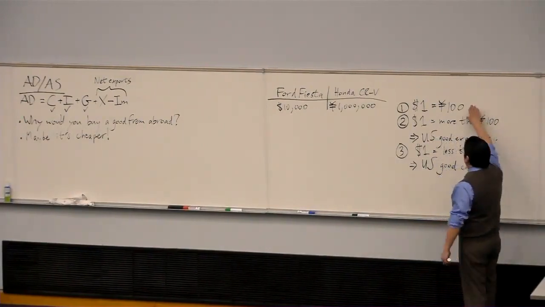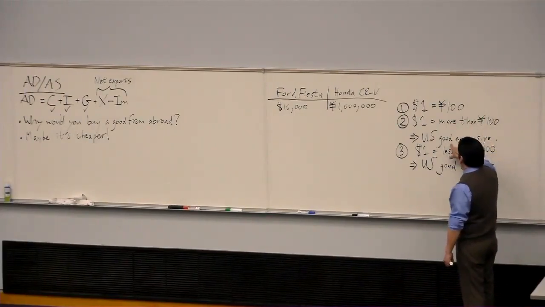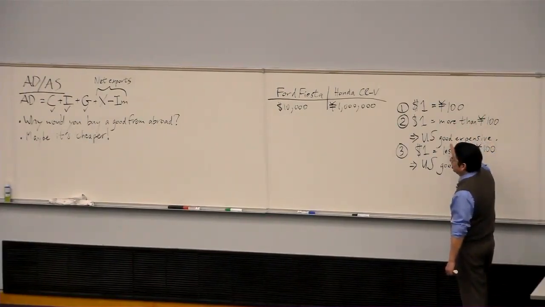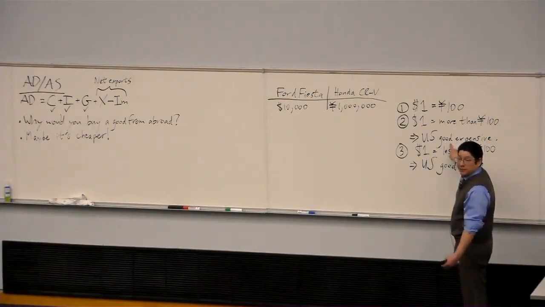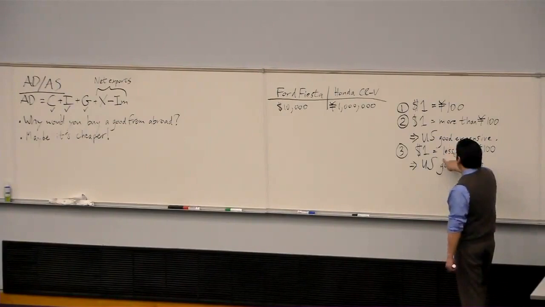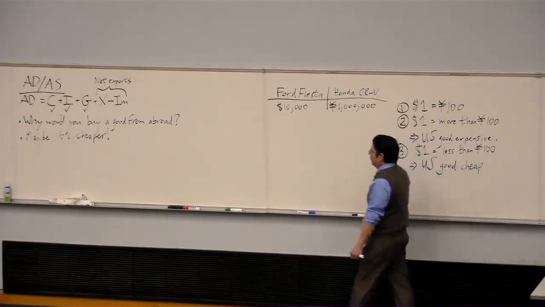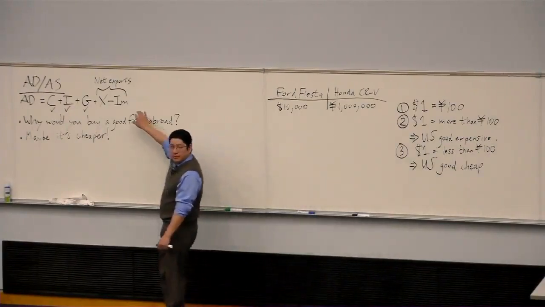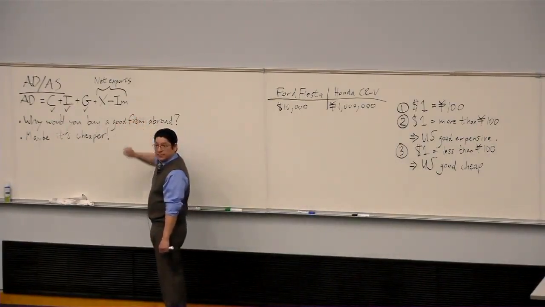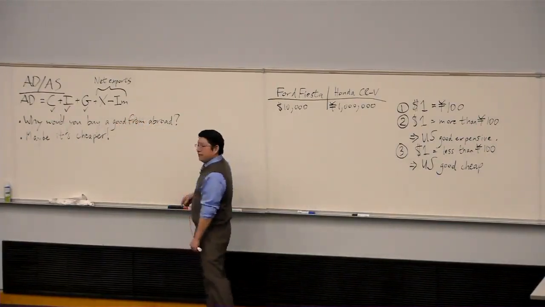So in this case, you wouldn't expect to see anything. In this case, if the US good is expensive, you would expect to see a lot of imports of Japanese cars, right? Because they're cheaper. And in this case, the US good is cheap. You would expect not to be seeing imports of the Japanese cars. And in fact,